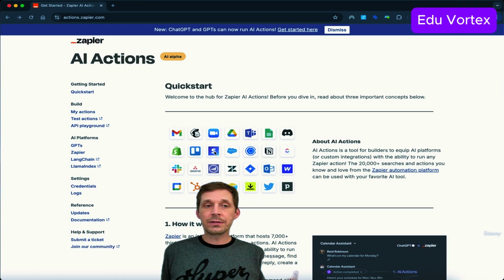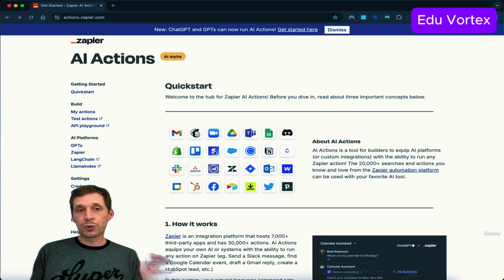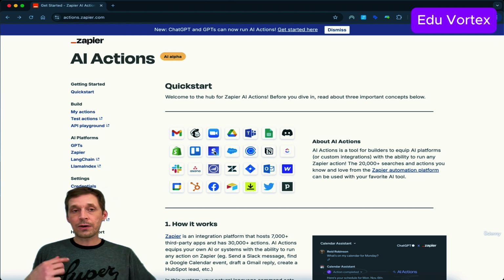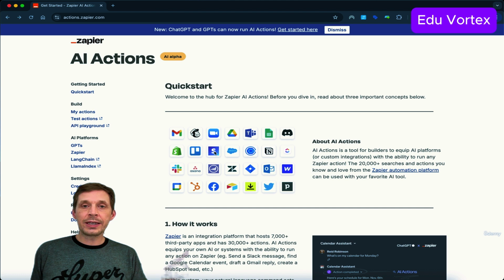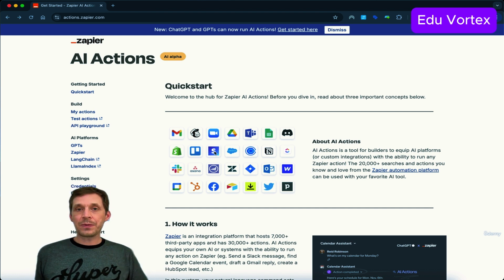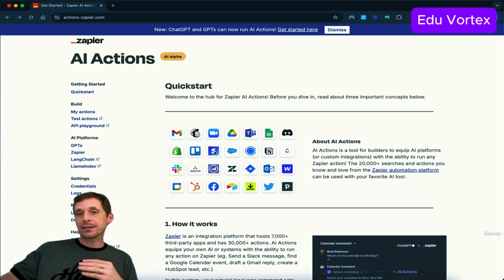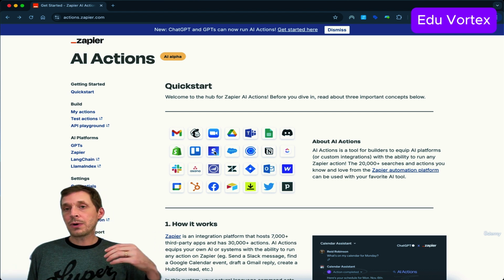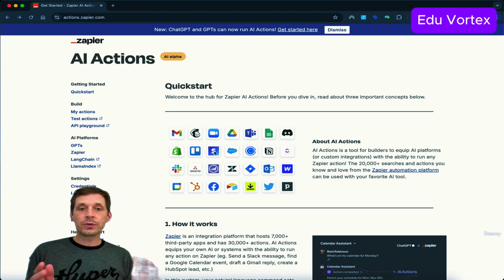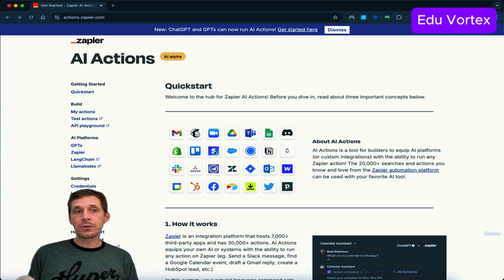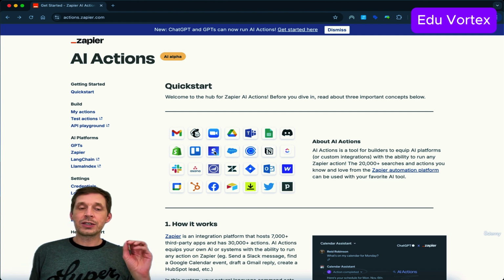You see, Zapier is a business process automation platform. I use it every day for things like onboarding new clients. They will get maybe some present from us, so it's automated. When they buy, they get access to our online course platform, and so on and so on. Yeah, so you can do anything with Zapier, and now you can also connect Zapier with ChatGPT, but this is